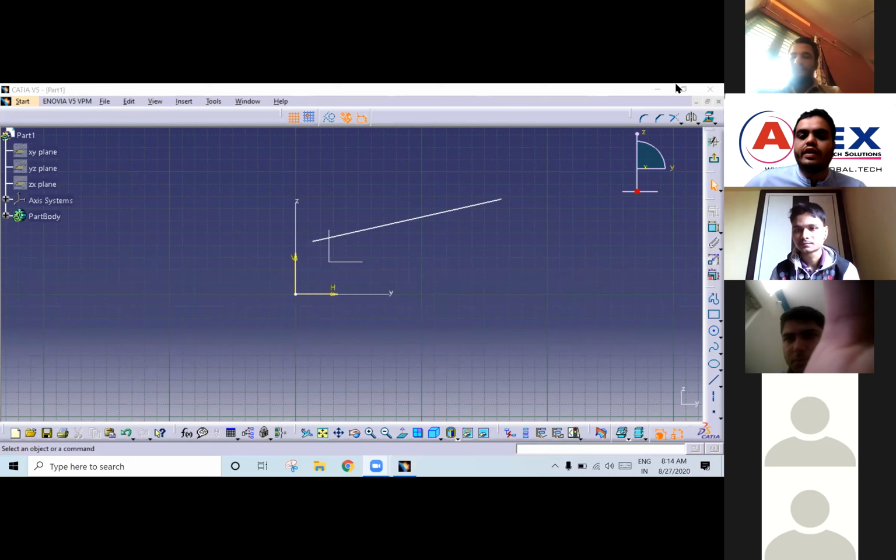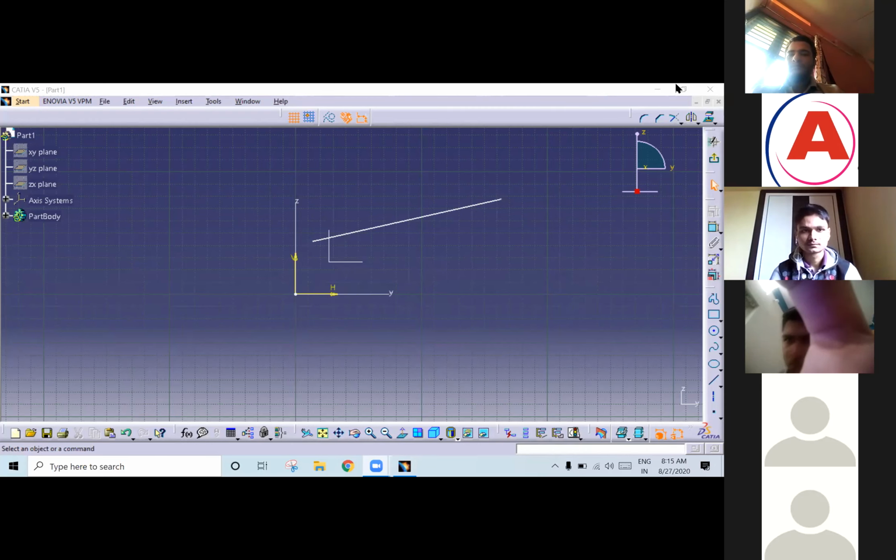Suppose you give the dimensions twice, repeatedly, that means the sketch will be over constrained. I will show you how to do all those things. Let me start the sketch first, and I will tell you the status of constraints.